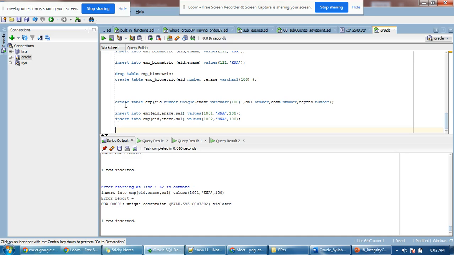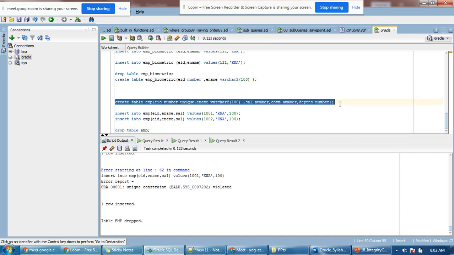Okay, if you want, you can create the unique keyword on multiple columns at table level. At column level you can define it on only one column. You cannot give multiple columns. If you want it for this column, you can add that one, that will also allow. But if you want to add combinations, then you have to specify